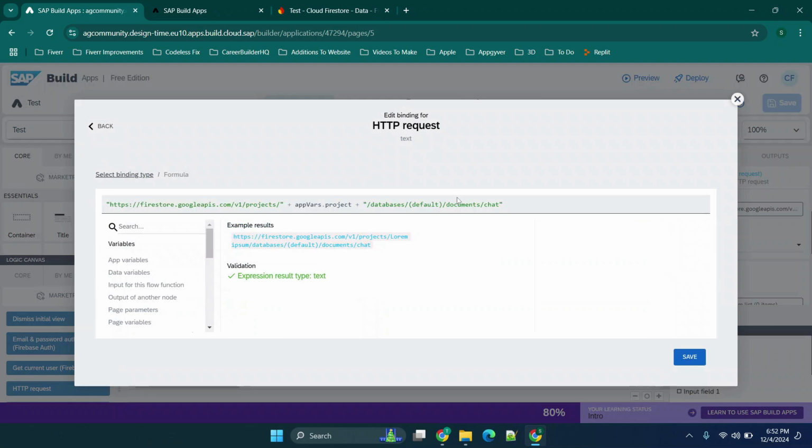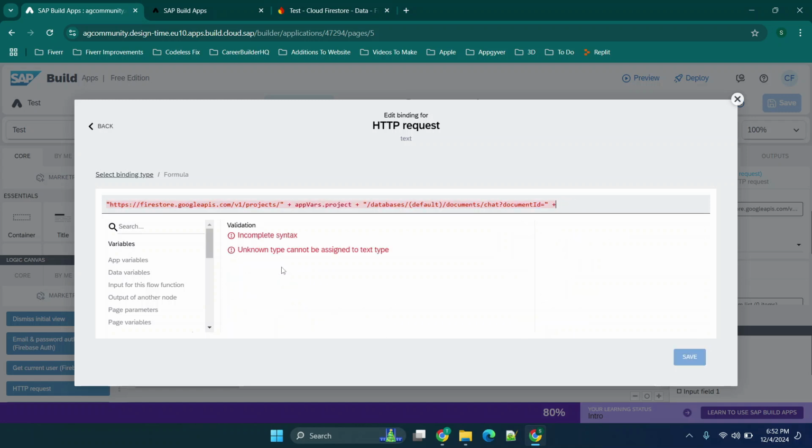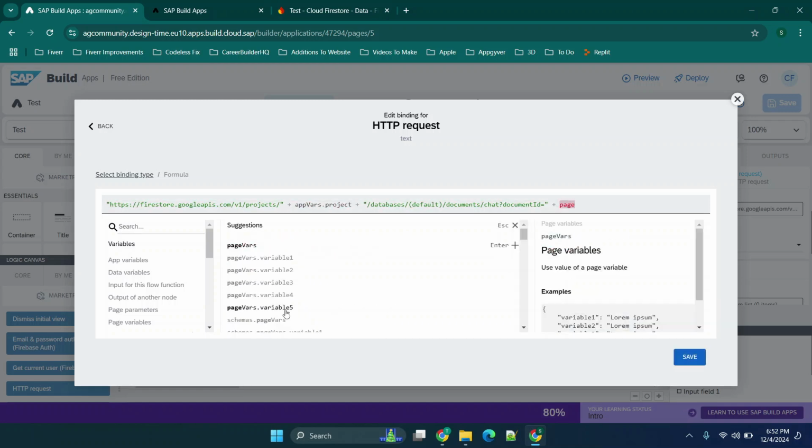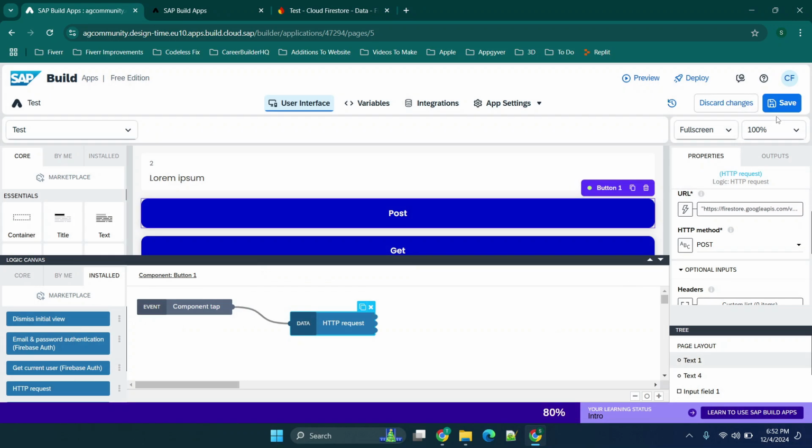So now we're going to specify a document name. So we're going to go back and paste in what the URL was originally. Now I'm going to create a document and I'm going to name it something specific. Now, you'll see that it's going to be 1233, but if you want, you have the option to replace this with an app variable, and you could just call it maybe our project name or another app variable. You can also replace it with a page variable and name it one of the variables we already have. I'm going to choose a static value, which obviously you cannot do repeatedly without causing some issues, but that's just